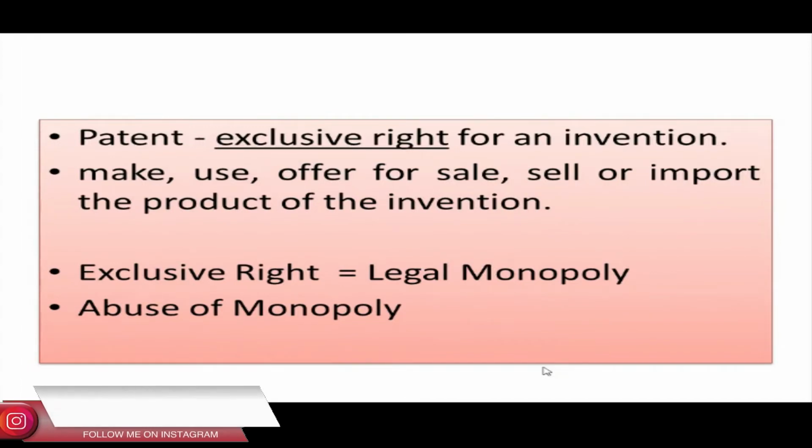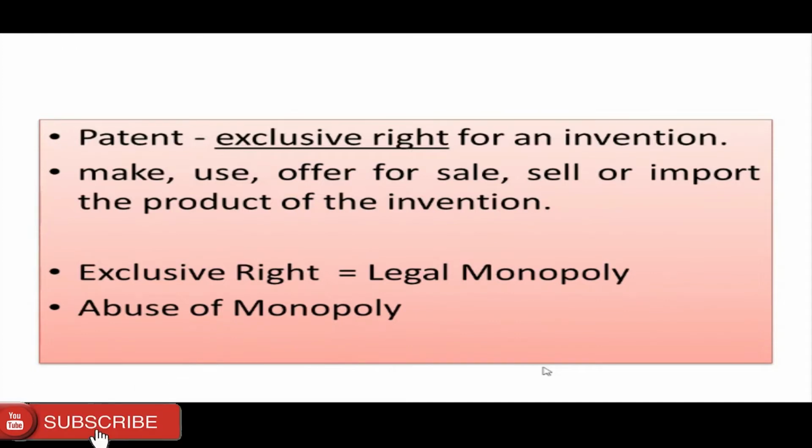Now let us take just a deviation so that we can come back. The deviation is this: patent, like any other property right, is a property right, an intellectual property right. Patent, like any property right, is transferable. Ten cents of land is transferable, and a mobile property is transferable. Likewise, the intangible property called patent is also transferable.